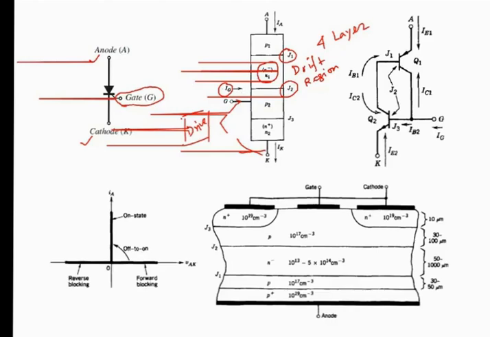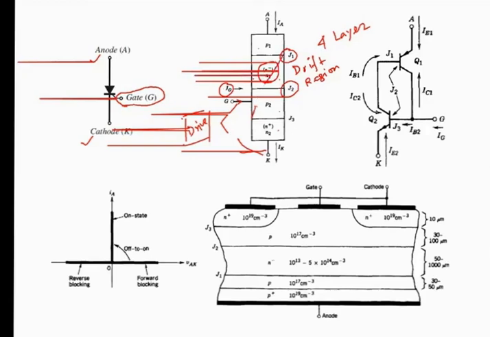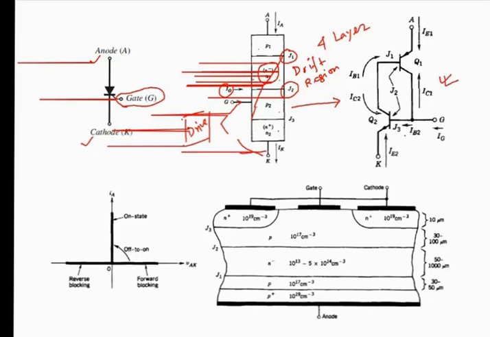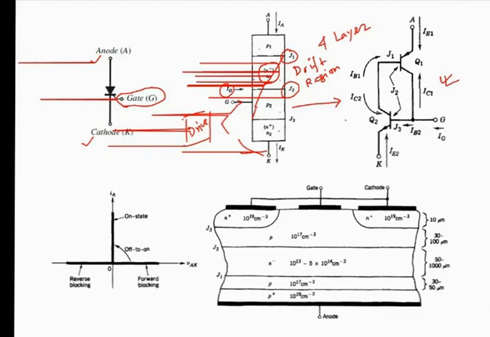If you look at this structure, this is basically P, N and P, so it itself is a BJT, and again there is an N, P, N. So this also forms a transistor. You can suitably replace this model by 2 transistors connected in this fashion. This is also an interesting circuit to learn, but anyway, we are not going into the details of that. So a thyristor can be modeled as 2 transistors, one NPN, one PNP, connected in this particular fashion.